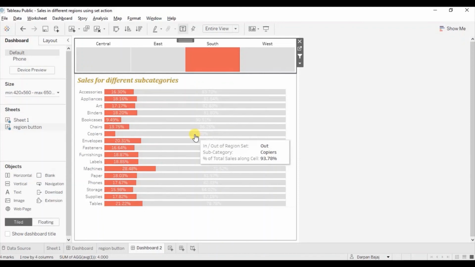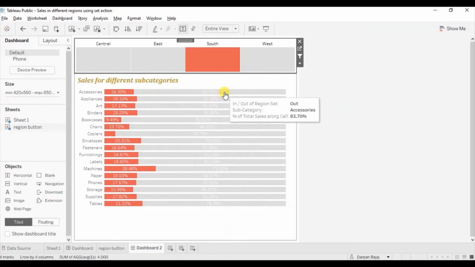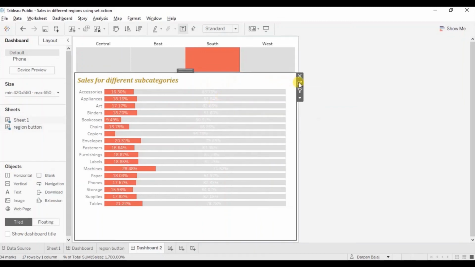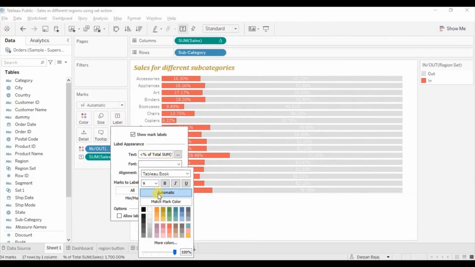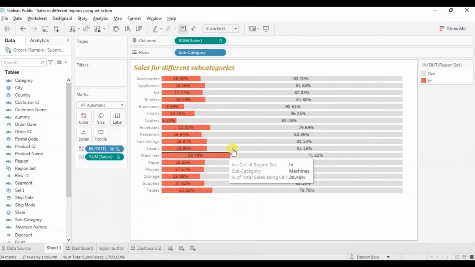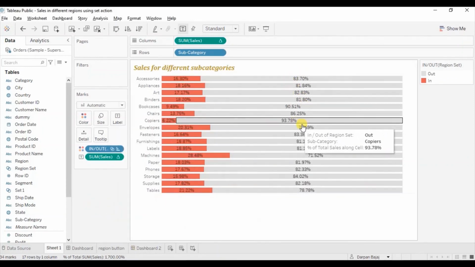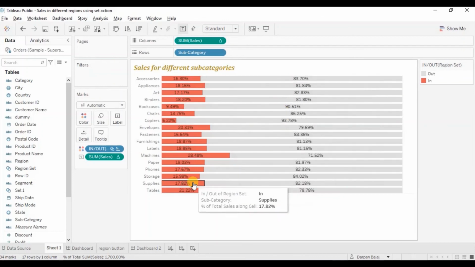Change the font color of these labels as they are not visible clearly on the gray section. Go to this sheet, click on labels. Let's select black. Now the percentages are clearly visible on the gray bars.